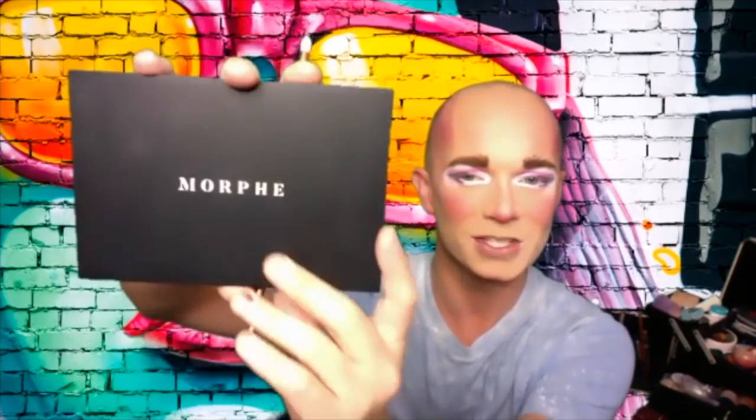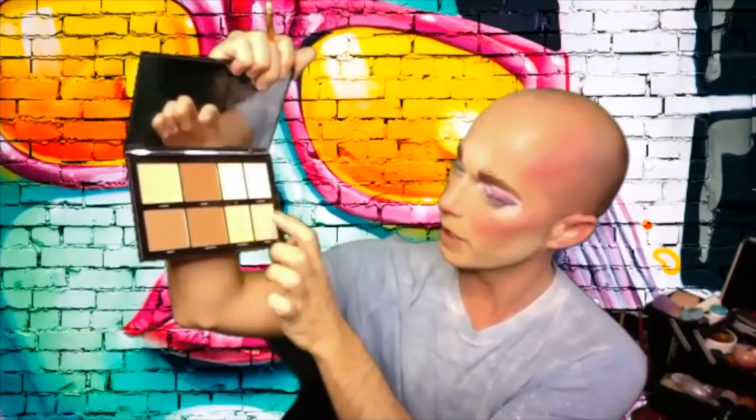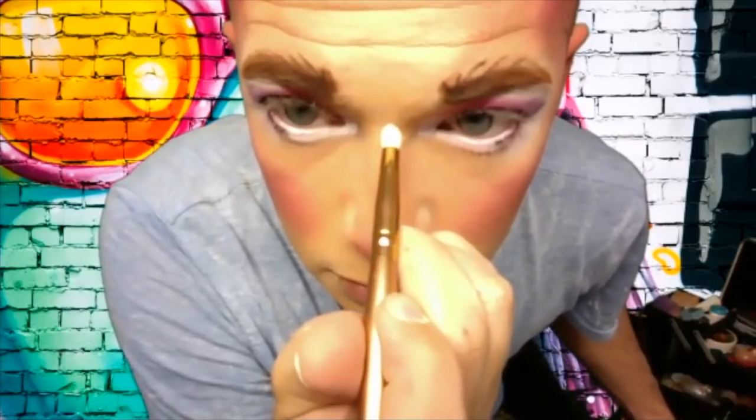I have this really great highlighting contouring palette. This is You Got It, also from Morphe. One in here has a lot of great highs and lows, but I really like this color called Lit and Stardust. They add a really great highlighting color to the makeup, and you'll see so much of the lift that it gives your face. So I'm gonna use the Stardust color first,